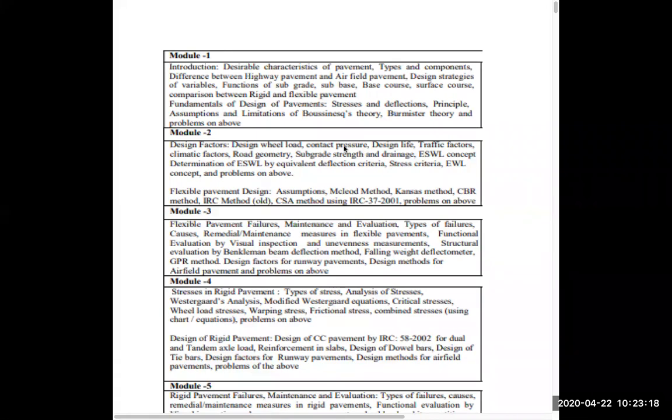So you just go through the design factors with respect to design wheel load, contact pressure, tire pressure, and the relation between them. The first part of your module 2 I'll be keeping for your first internal. If you have any queries, you can ask me. The remaining part I'll be keeping for your internal too.